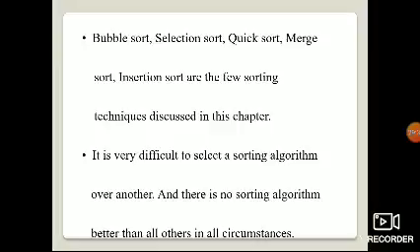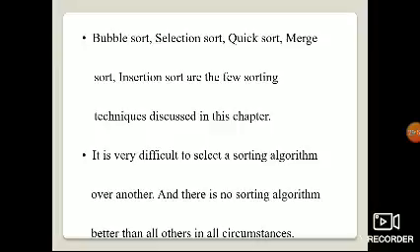It is very difficult to select one sorting algorithm over another. All sorting algorithms are different. They are not equal and not the same. All have different methods and different algorithms, and they do not depend on the others.